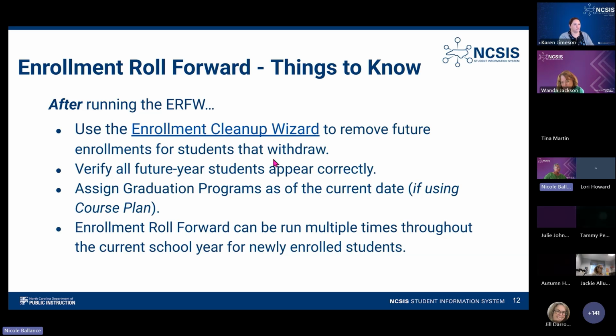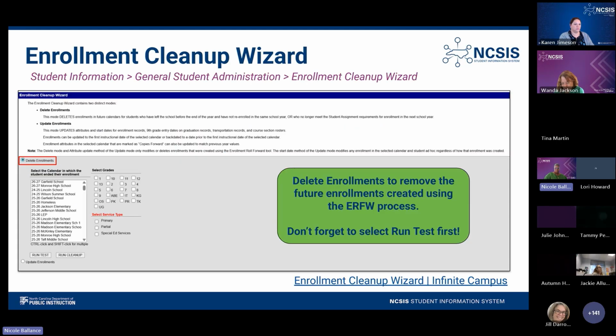The enrollment cleanup wizard is going to remove any of those future enrollments for students that are withdrawn or have withdrawn, but have a future enrollment in place. So the future enrollments are going to be removed using this cleanup wizard. The cleanup wizard can be found under student information, under general student admin, and under the enrollment cleanup wizard tool, in that same place where we found the